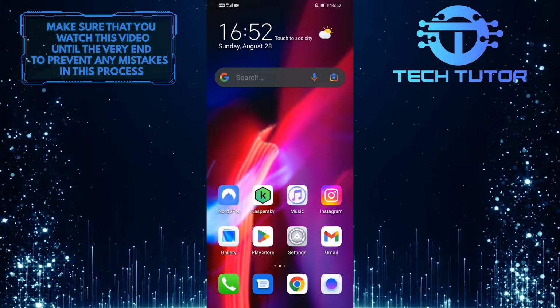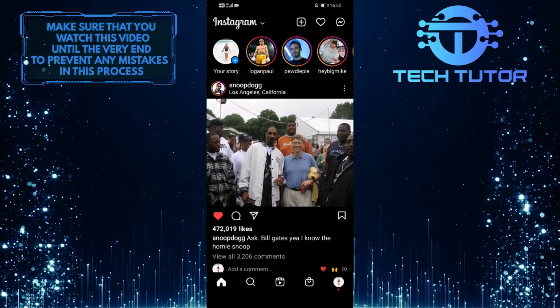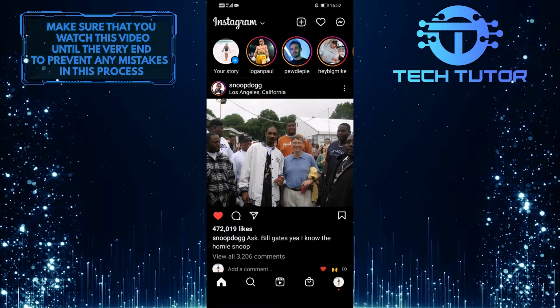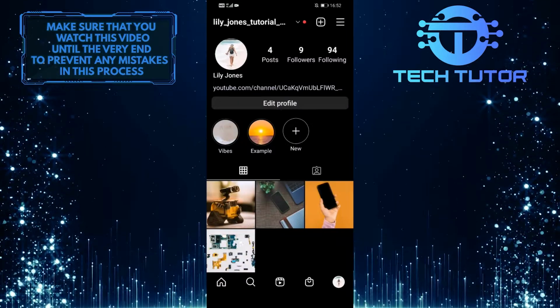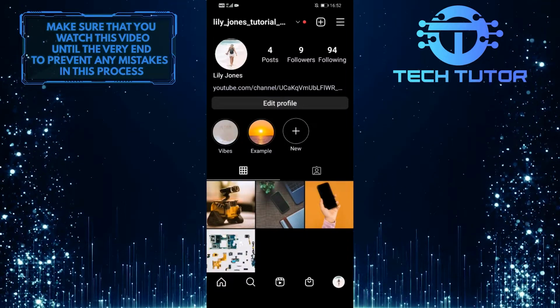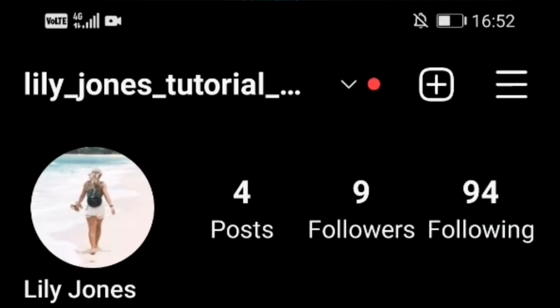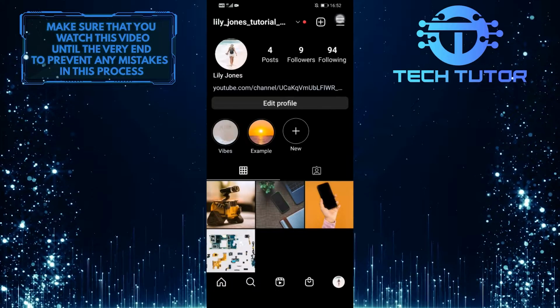To get started, first open up the Instagram application and then tap on your profile picture icon at the bottom right corner of the screen to go to your Instagram profile. So in order to move your messages to general, you have to switch your personal Instagram account to a professional account. So to do that, tap on these three lines at the top right corner of the screen and then